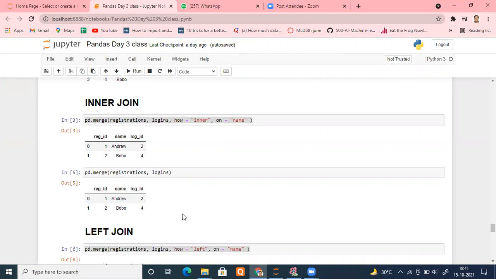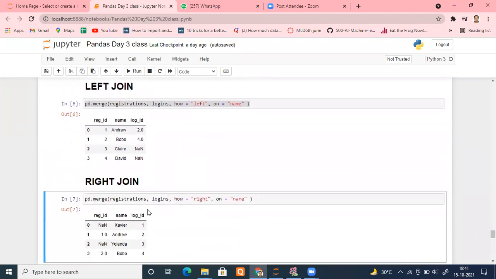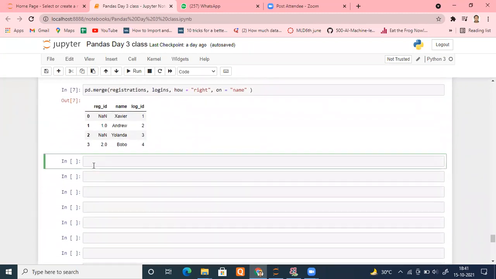So you must have got an idea. In inner join, was the order important? Please tell me. In inner join, does the order of data frames matter? No, sir. Right? But in left and right, it is important. So it depends on you which table's data you want to see and in what manner. Put it smartly.